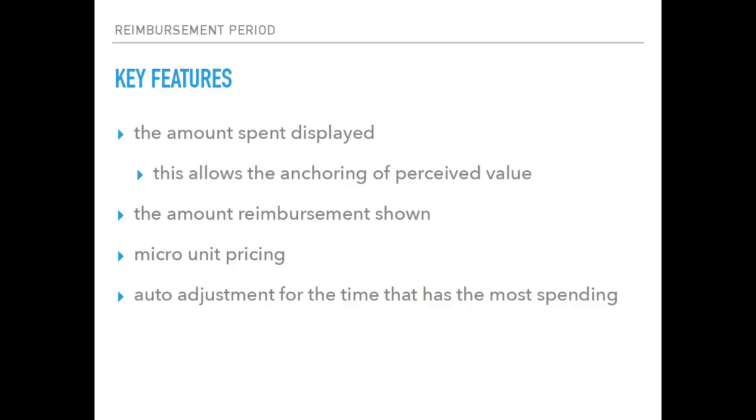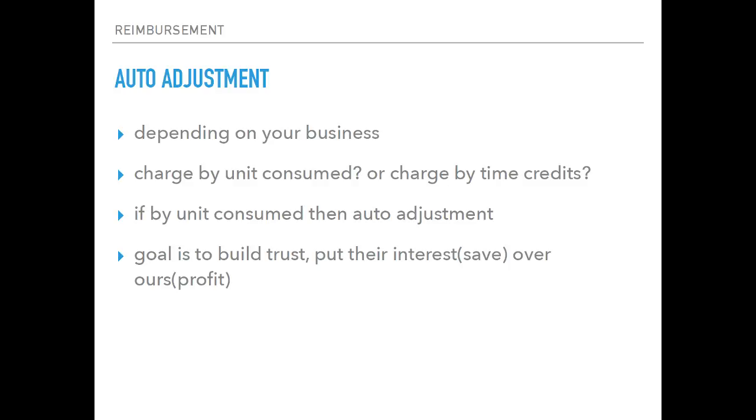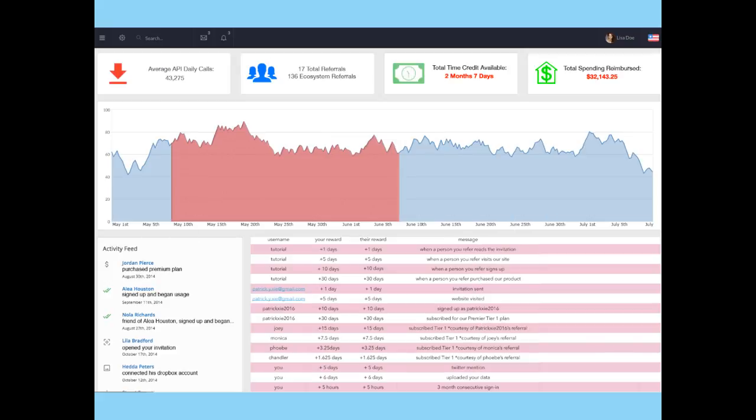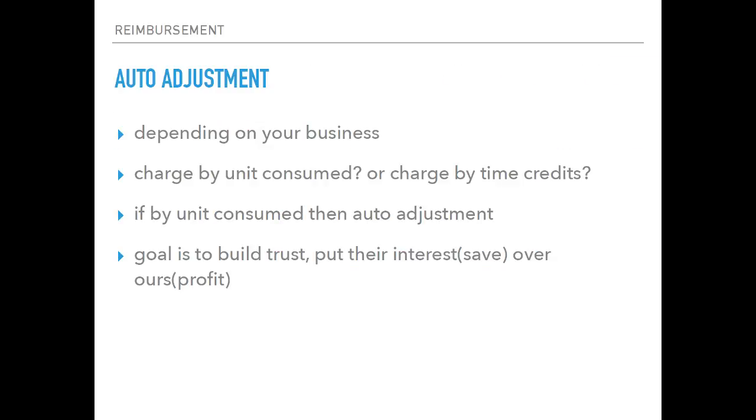And finally, you've got the auto adjustment for the time that has the most spending. And this auto adjustment, if you remember the graph, I think the graph's here. Yeah, you see the red section, that's the auto adjustment. That's the period of time that this particular user has spent the most, and if he redeems all his time credits, or whatever he wishes to redeem, this is the best part of his usage he should spend. And the reason why you do this is